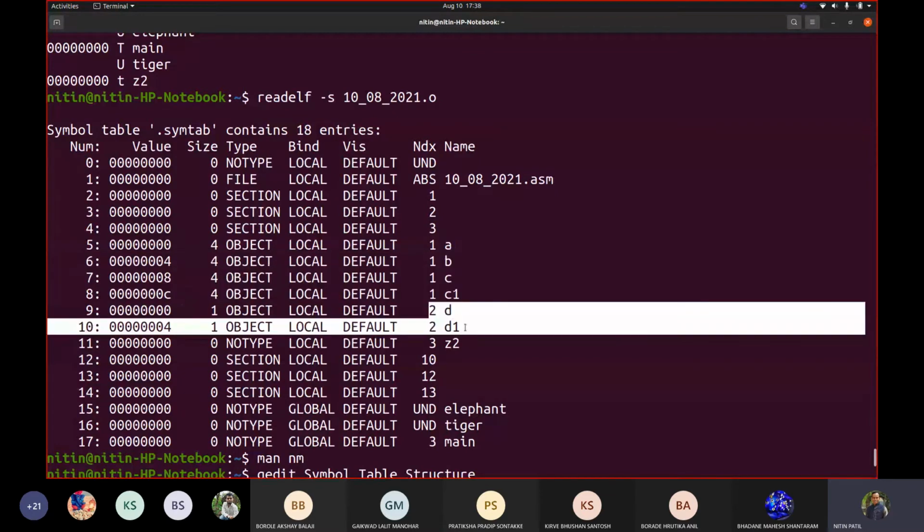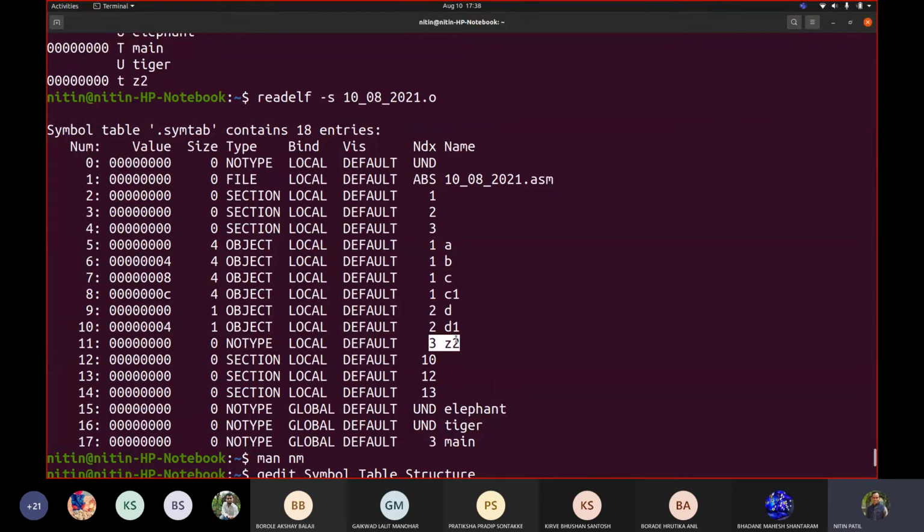This 2 is telling me it is part of BSS, and this 3 is telling me that whatever you see with NDX value 3 belongs to the text section. And that's why you may see the labels that you define, whether it is elephant, tiger, which you have taken as extern, main.